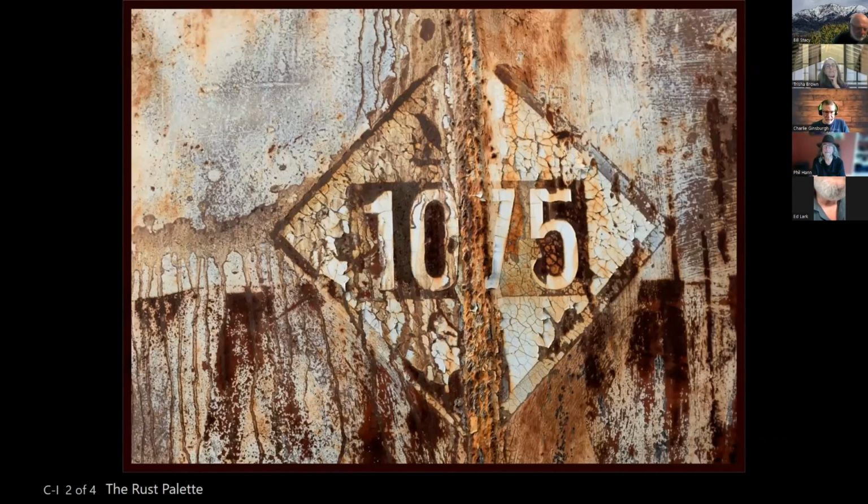Rust palette. So this is like that first version here. Here's reality, but maybe you haven't seen it this way before. And so what we're looking at is an old hazardous label. This is actually 1075, the code for hazardous flammable liquids. And so this is on some sort of tank that I suspect is rusted quite a bit, and you're really highlighting the wonderful textures and colors of the rust. But once again,